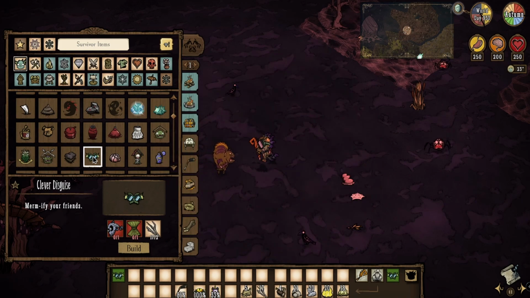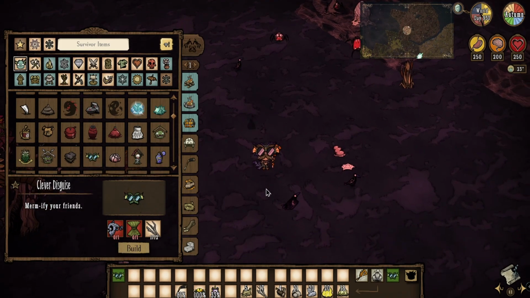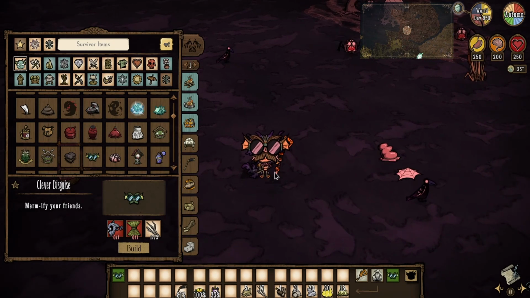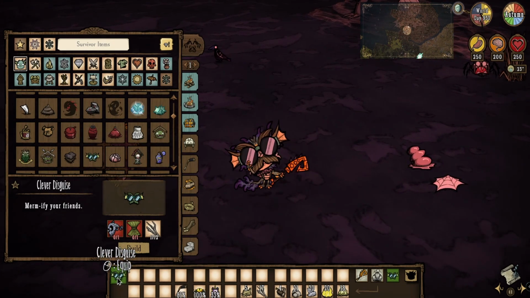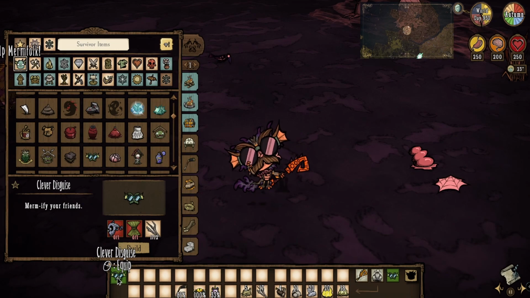Just makes sense to me. Currently, the Merm mask takes 1 fish, 1 reed, and 2 sticks. I think it'd be really nice to be able to change the clever disguise to where you had the ability to refill it with fish, similar to how I said in a previous comment, having the pig mask be refilled